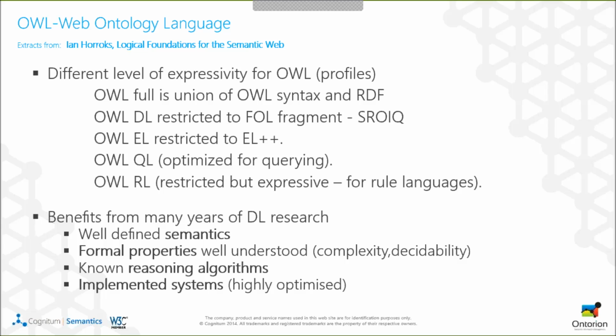Then you have OWL DL, EL, QL, and RL. Going from the top to the bottom of this list, you are going from the less efficient reasoning to the more efficient. So you need to take this into account